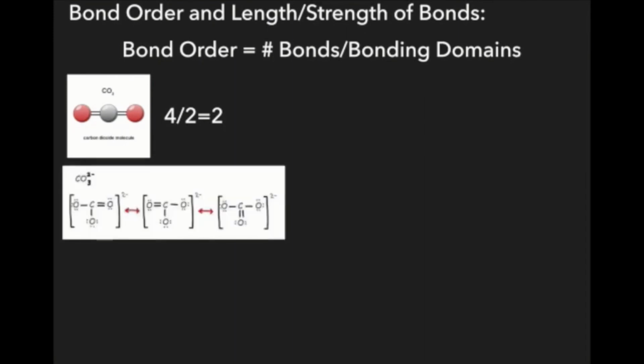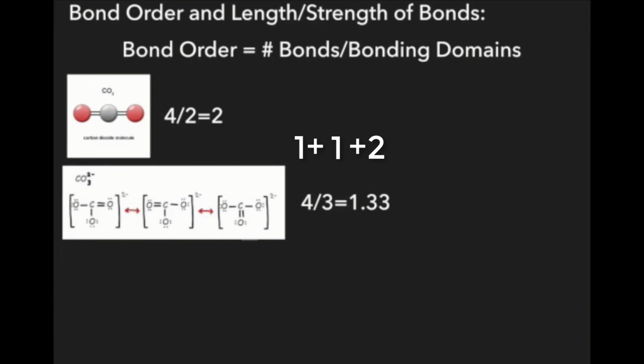So what if you're trying to determine bond order, but you have a case of resonance? So if we look in the case of CO3 2-, we've got 2 single bonds and a double bond. And so what you need to do is find the average of those bonds, because remember, what exists in that resonance structure is an average of the bonds. So I'm going to take each of the bonds, so a single bond, which is a bond order of 1, plus another single bond, a bond order of 1, plus a bond order of 2 because of the double bond, so 1 plus 1 plus 2, and then I'm going to divide that by the total number of bonding domains that I have, which would be 3. So 1 plus 1 plus 2 is 4, divided by 3